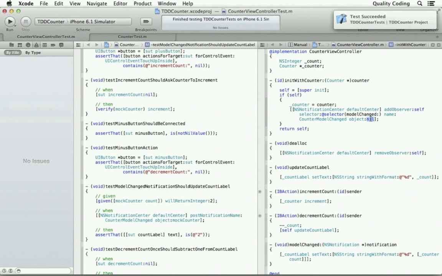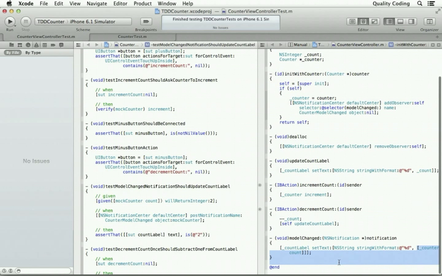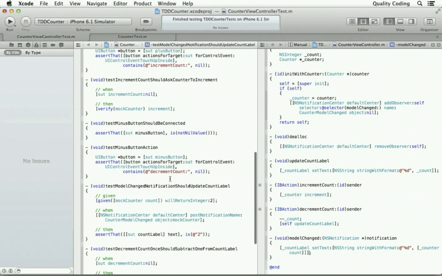But this is not a nice thing to do. I'm listening to any and all model change notifications, and while I operate on my own model, rather than extracting it from the notification, which I could, still, I don't want it listening and operating unnecessarily.